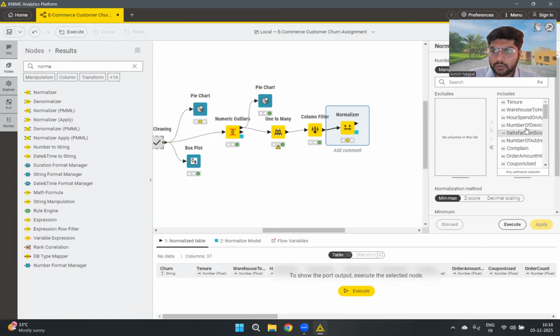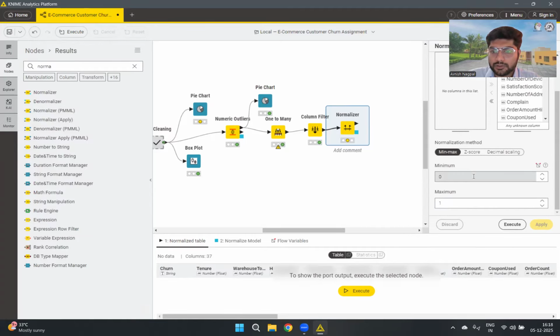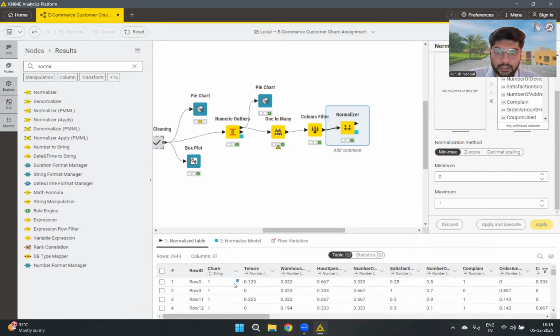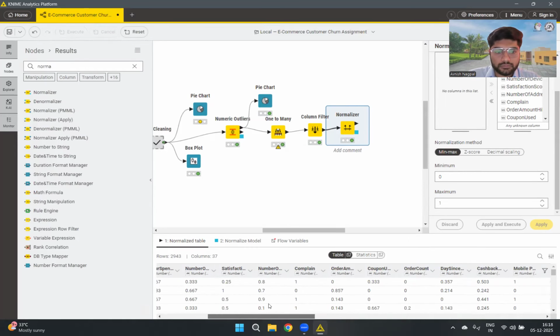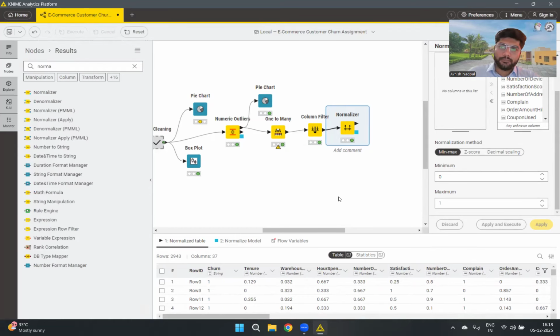And then we need to normalize all the columns, and the normalization method I am using is min-max. There are other methods as well, like z-score and decimal scaling, but I will be using min-max, in which the minimum value is 0 and the maximum is 1. So now I will execute this node. Yes, so all the columns are normalized between 0 and 1. And now the next step is to